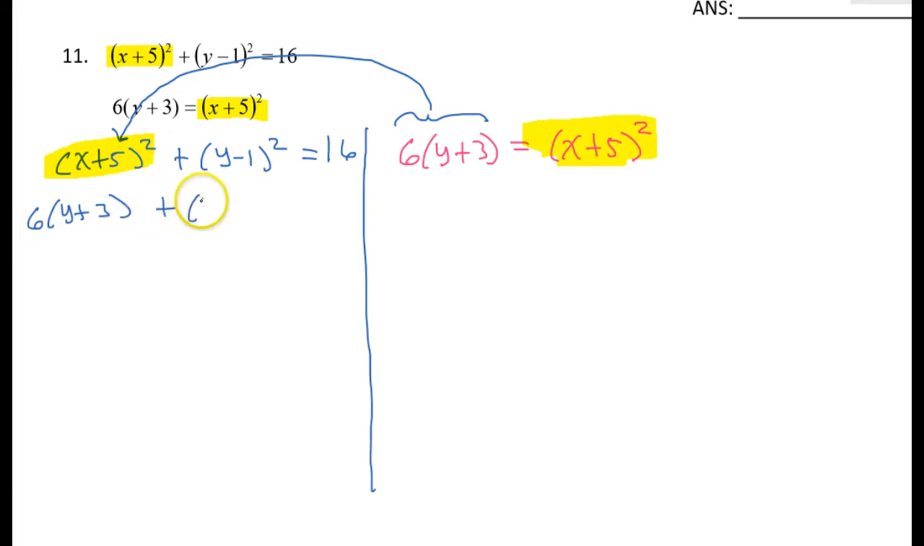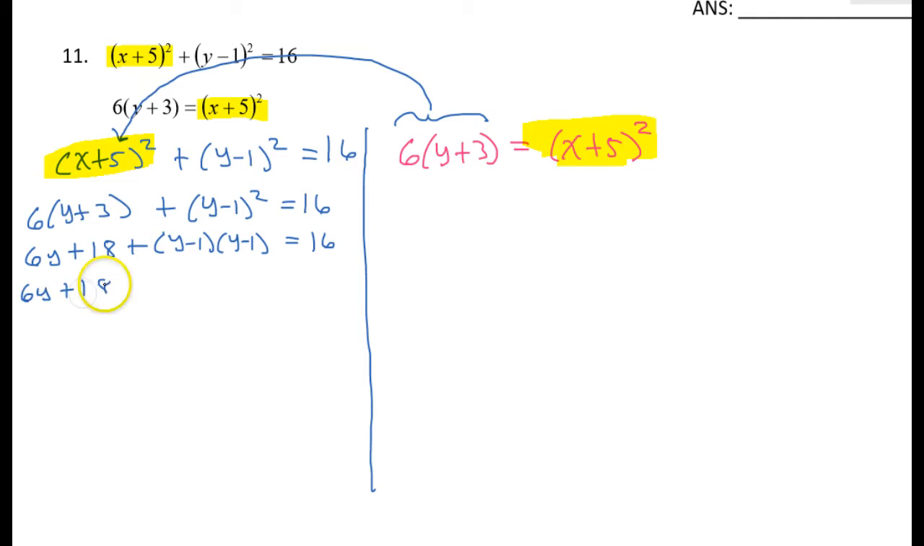Okay, and I still have the rest of this equation. Y minus 1 squared is equal to 16. This equation has only y's in it, so I should be able to solve this if I'm very careful. So this will be 6y plus 18. Okay, this I have to do y minus 1 times y minus 1. So I'm going to have 6y plus 18, and if I multiply all this out, I'm going to have y squared minus 2y plus 1